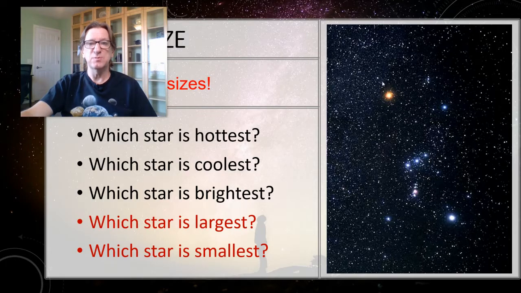Betelgeuse must be larger because it's cooler. The only way it can be that bright must mean that it is, oh my God, huge. In fact, Betelgeuse is so big that if we put it where our sun is, the surface of the star would be out past the orbit of Mars. So Mercury, Venus, Earth, and Mars would all be inside the star. That's how big this thing is. It's not terribly hot, really. It's just so big. Rigel, on the other hand, must be the smallest from that, because it's blue, it's the same brightness as this, so it must be smaller than that.